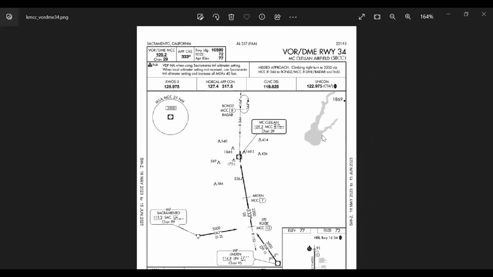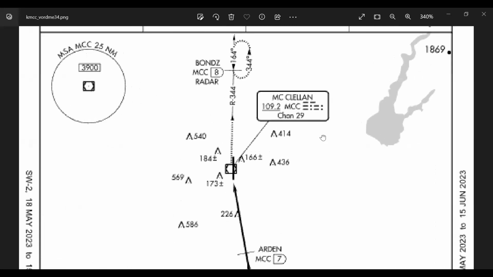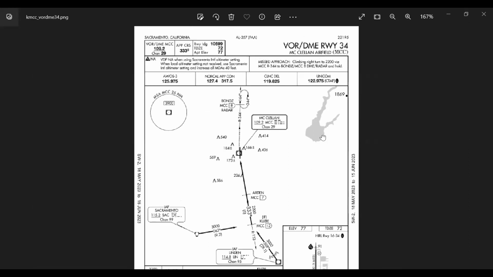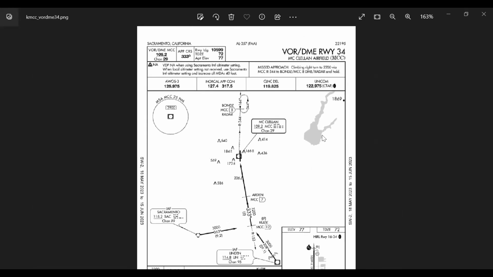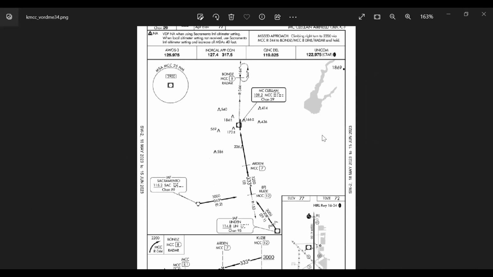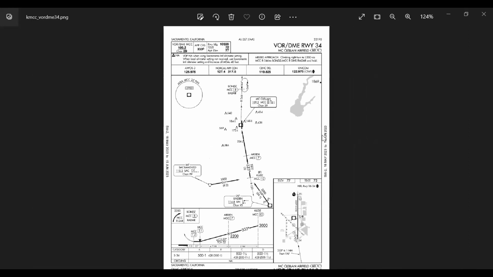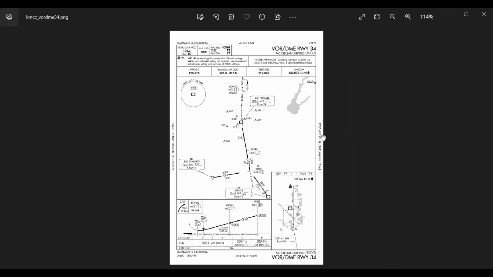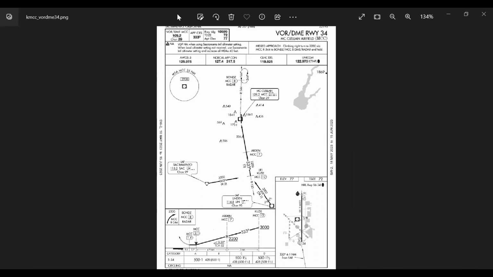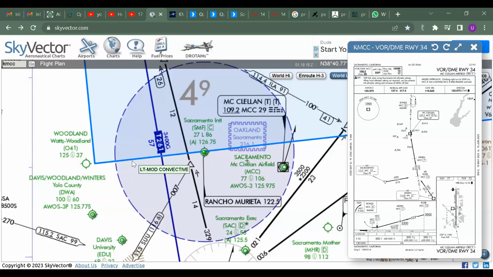So here, this is the approach. It's called an approach plate. This is how it looks when you're trying to come in and make that landing. You can also pull this from your ForeFlight. You can figure that out later. But what it's trying to say here is the same thing as we talked about here,